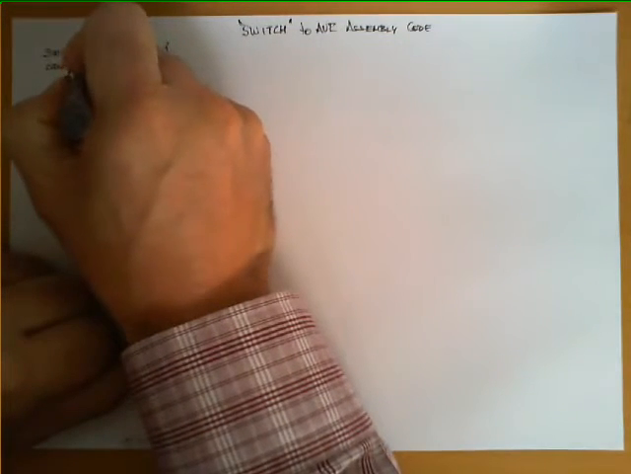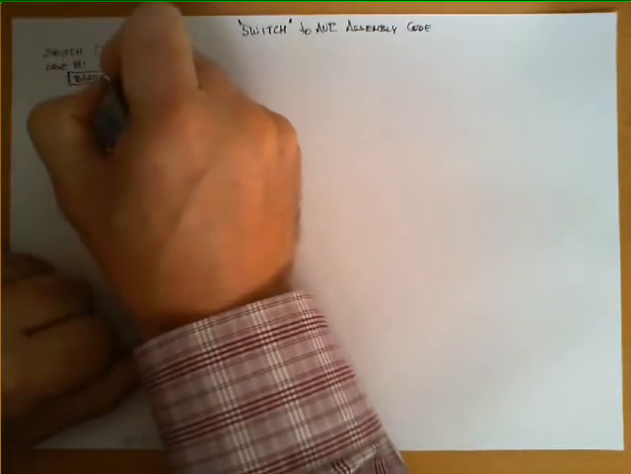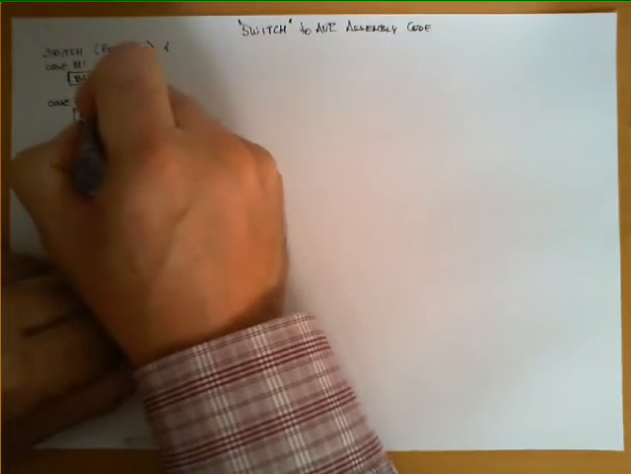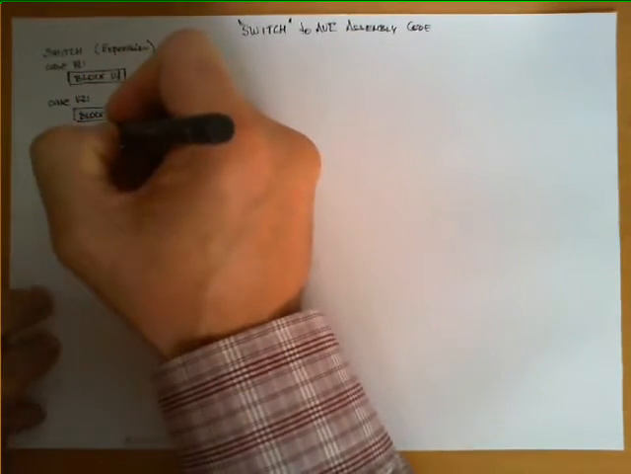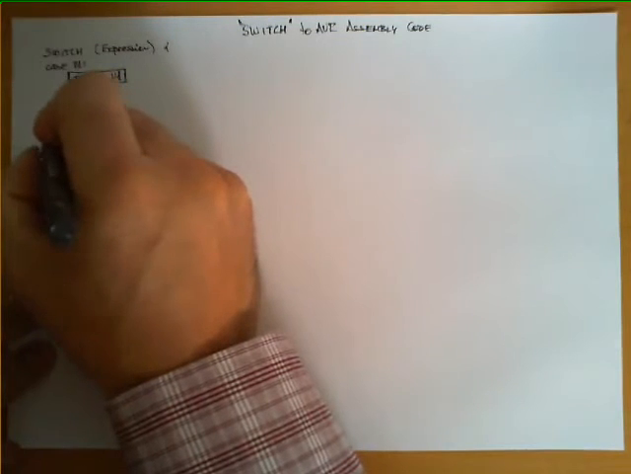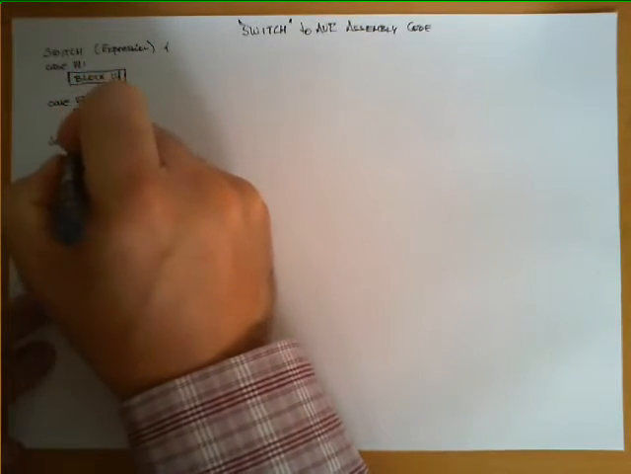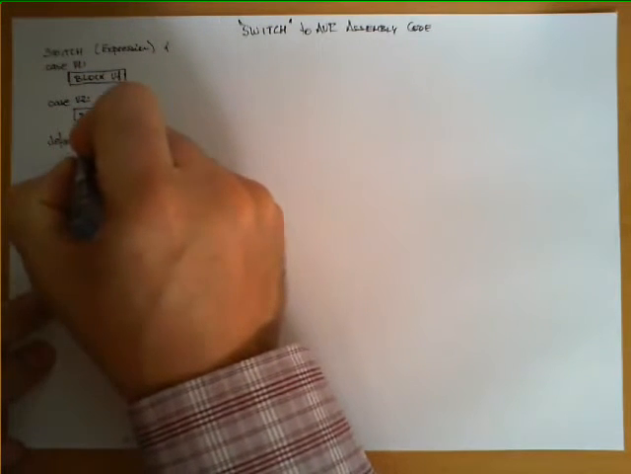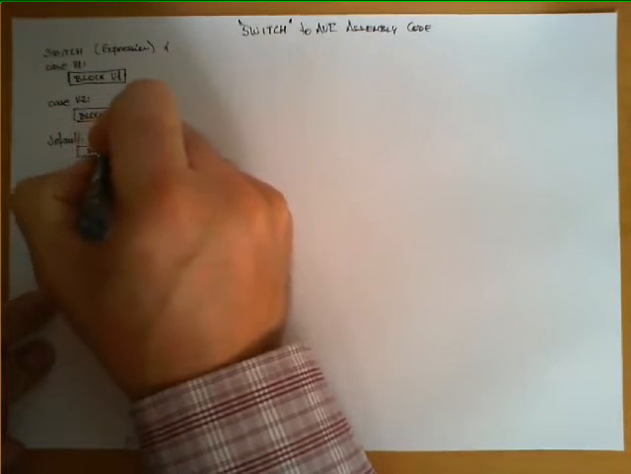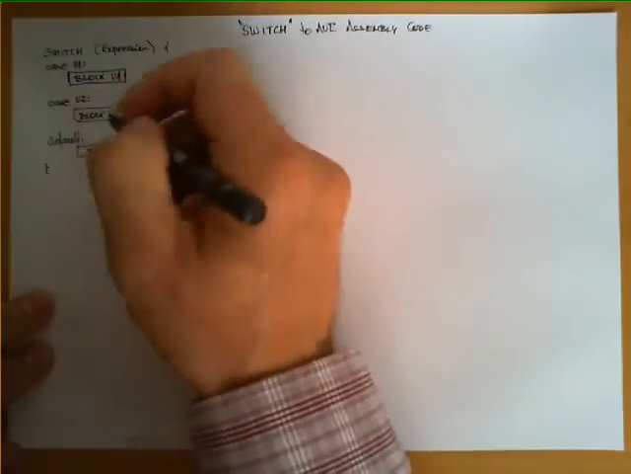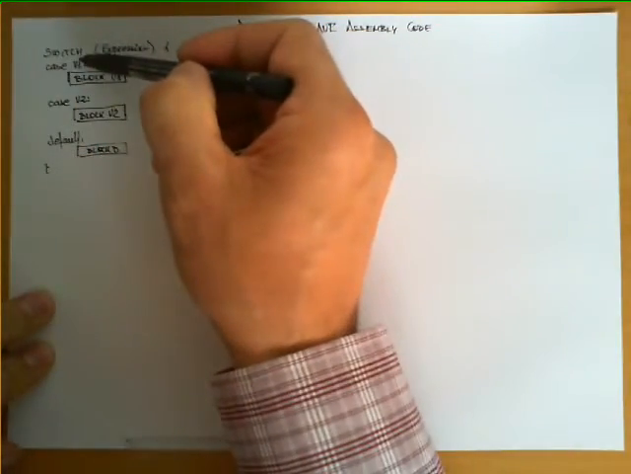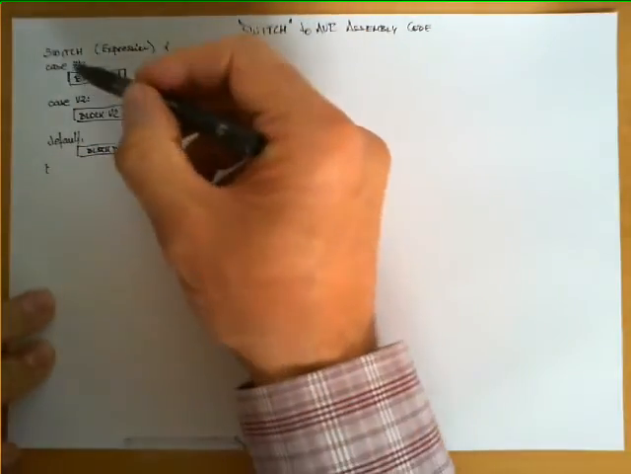Let's call this code block v1. This one we call block v2. And we also have the possibility to specify a default block. Let's call it generically block D, which is executed whenever this expression has none of the values that are